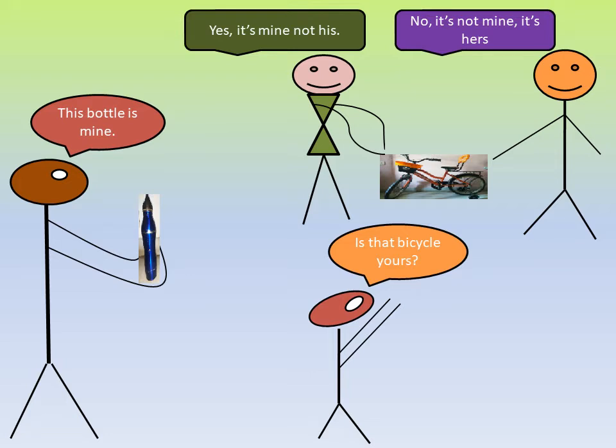Now look at these three images there, and the thing in question is the bicycle. So the person here asks, is that bicycle yours? So he asks the boy there, and the boy says, no, it's not mine, it's hers. Hers, she, feminine. Yes, and the girl also says, yes, it's mine, not his. His stands for the masculine. Now yours is gender free. So you have seen how the possessive pronouns like mine, his, hers and yours are used here. So let us look at these in the form of a sentence.